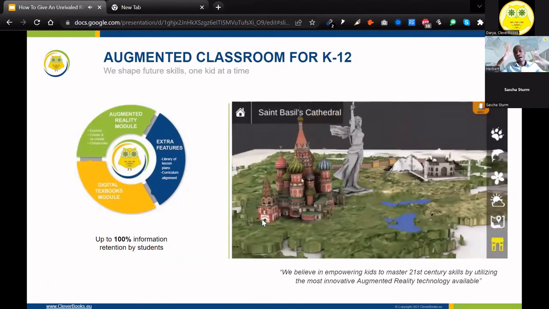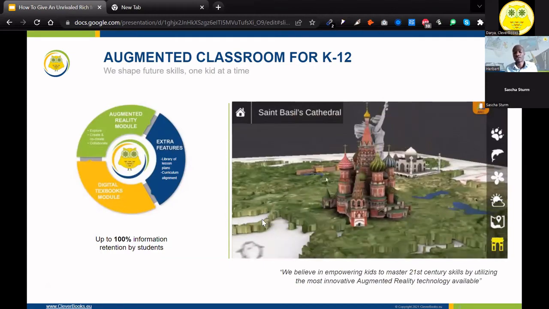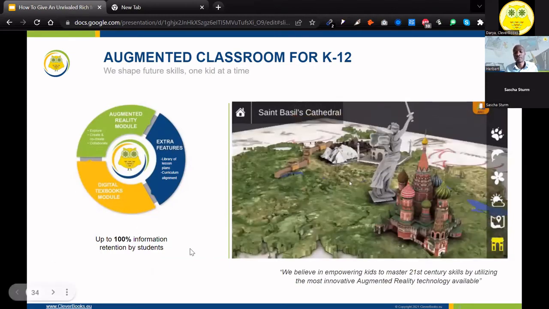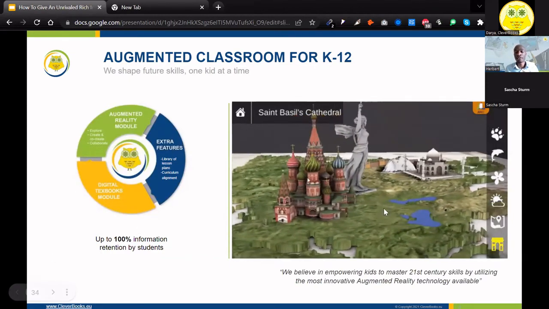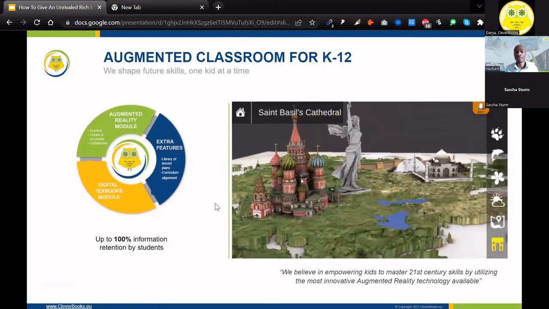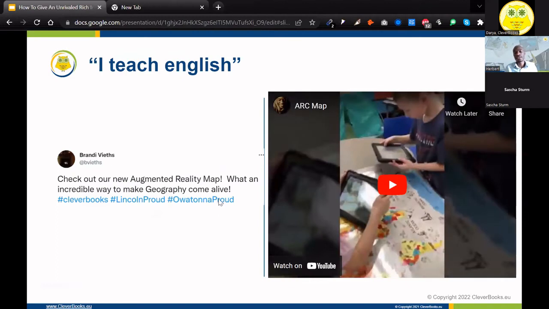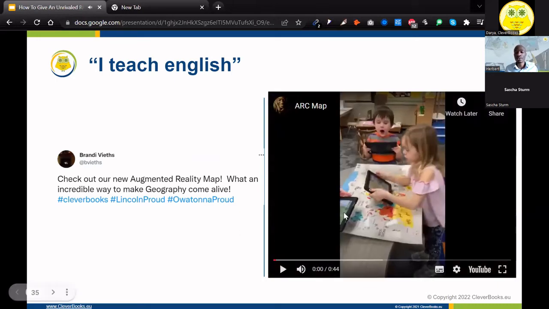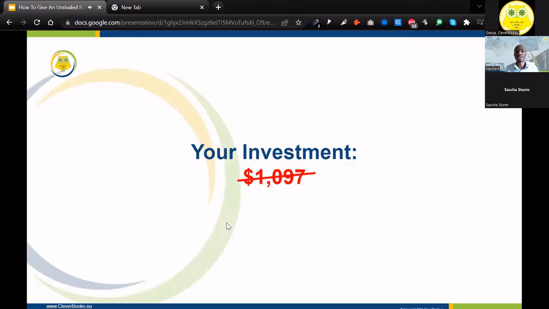The idea of augmented classroom is you can take your students on trips, you can improve their retention, but you can also empower them to explore, create, as well as collaborate, if that makes sense, right? And here's another example of students learning by themselves. Maybe you're teaching English, maybe geography, maybe you just want them to become curious learners. The opportunities are basically endless, right? I was going to show another video to show the excitement, but since we can't hear them, we don't have to worry about that.